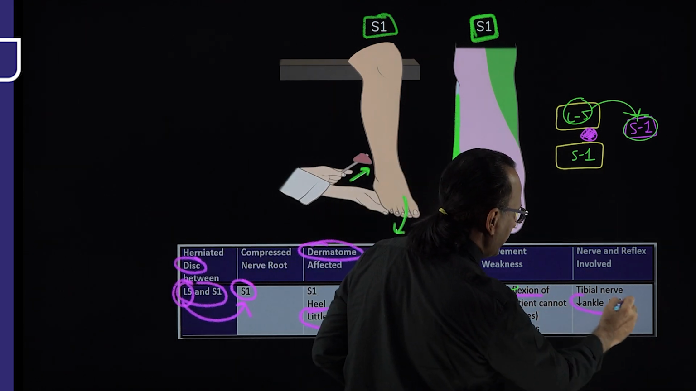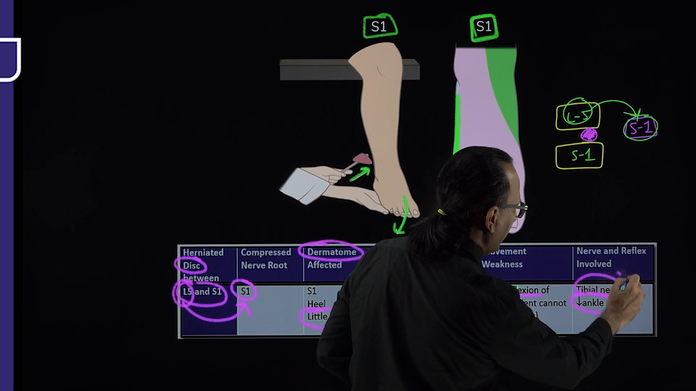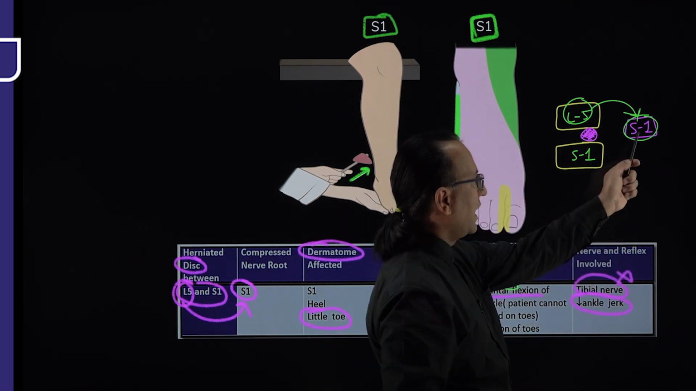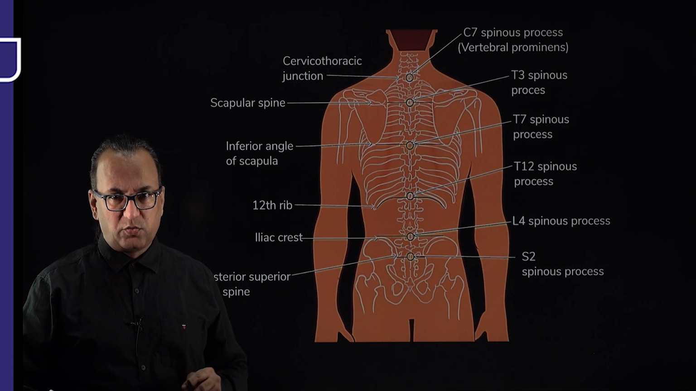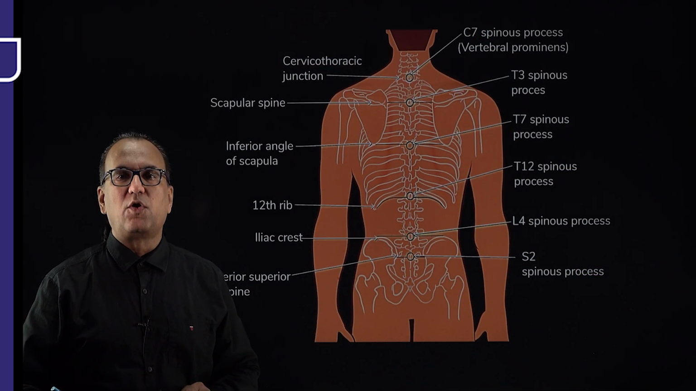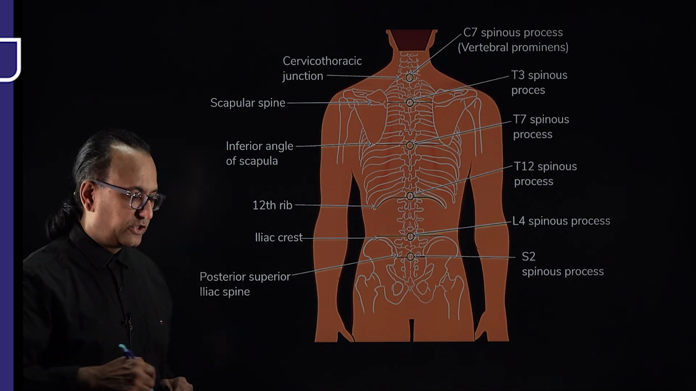The ankle jerk is going down. The tibial nerve is involved, and the root value specifically would be the S1 root value of the tibial nerve. Here we need to remember some of the bony landmarks on the back region, and as you can see, the